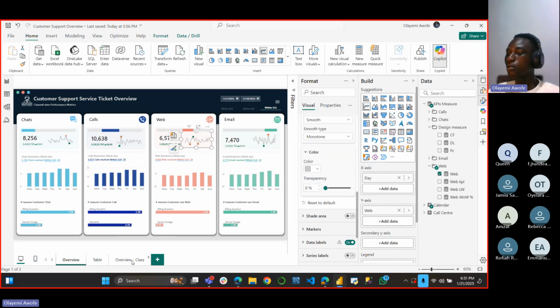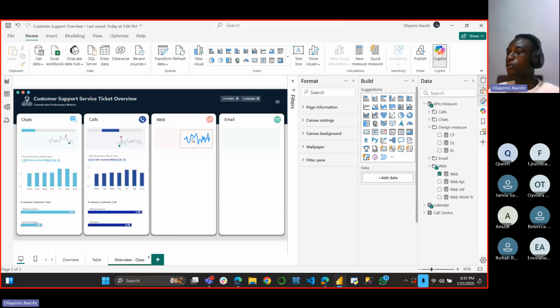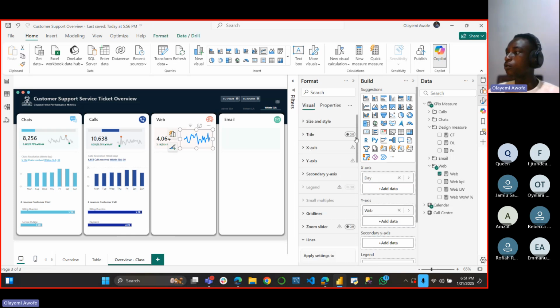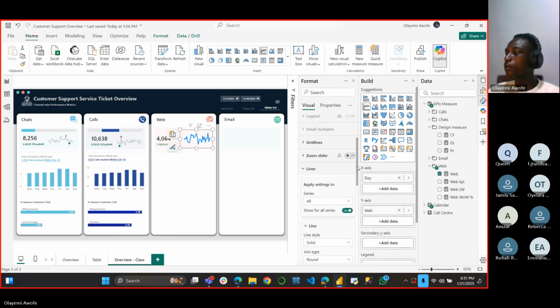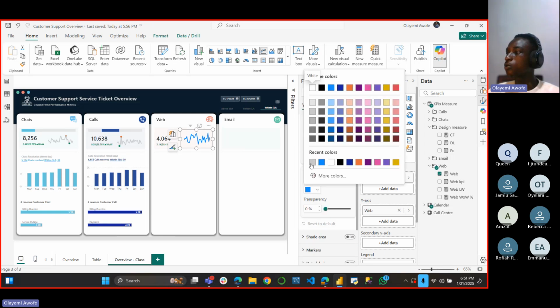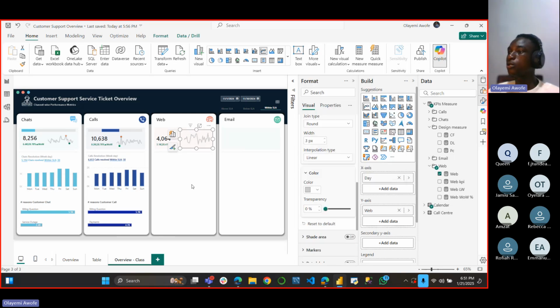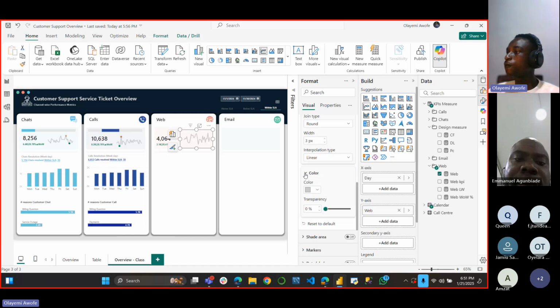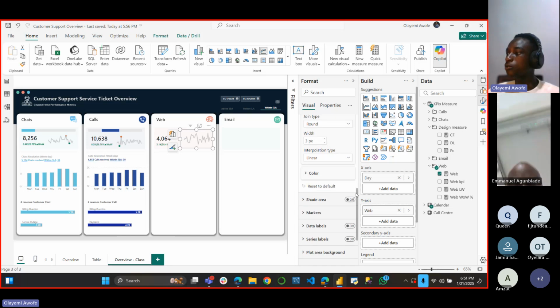So if I go to this one now, I want to change the color for this. I want to change the color for this. I'll go on that line chart. Then I change the color for it as well. Okay, this is the color. So the color changes. Then for the one that is red,